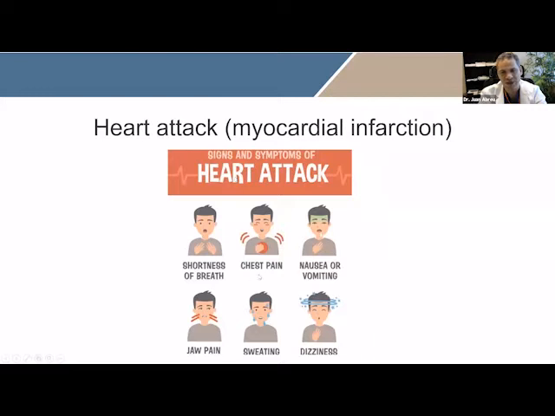We said 20% of the patients are silent. Sometimes they just have a little shortness of breath. They don't even know it. Sometimes they feel nauseous. Let's say they have badly controlled diabetes. Or they will have jaw pain or pain in the arms because of referred pain from the nerves, right? And there will be no chest pain. Or sometimes you will just feel dizzy because you're not getting enough blood flow through your brain and you don't know it. And some people will just have sweating. So the presentation can vary, but it's always to keep all our antennas up on the lookout for this.